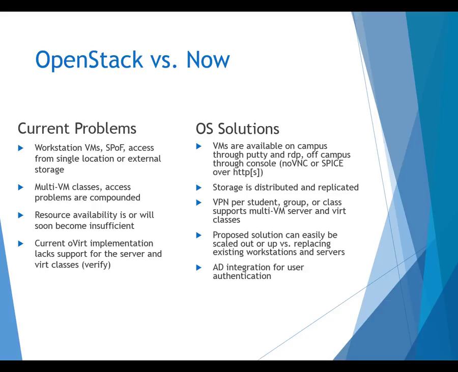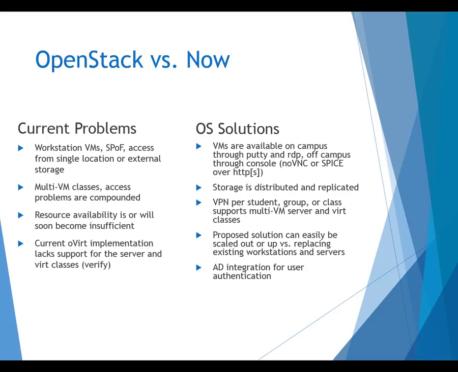So some more specifically, some of the problems that it solves is currently in most of our classes, we're running VMs in Workstation, especially the server classes. So depending on what kind of flash drive you have, or if you have an external hard drive, of course, external storage is going to be slower. If you don't have access to external storage, or you're not storing your VMs there, they're on a specific computer. So all of that storage is going to be a single point of failure. If you're halfway through internet servers and you have your VMs on an external hard drive and your external hard drive fails, you don't have your VMs anymore. So OpenStack has a big solution for that.